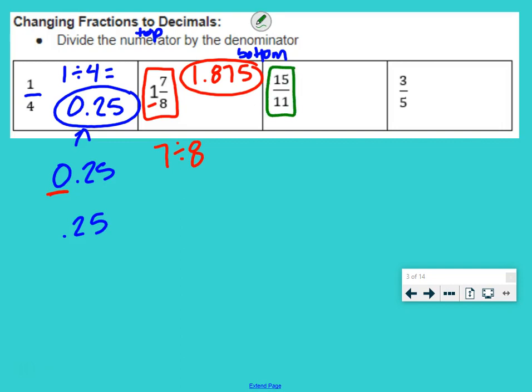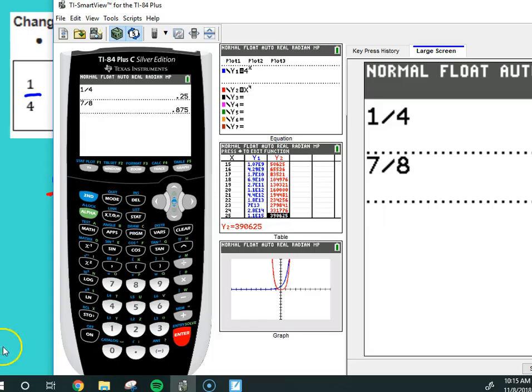15/11. We call this an improper fraction because the numerator is bigger than the denominator. But it still works just the same. We do 15 divided by 11. Go to our calculator, type that in, and we get